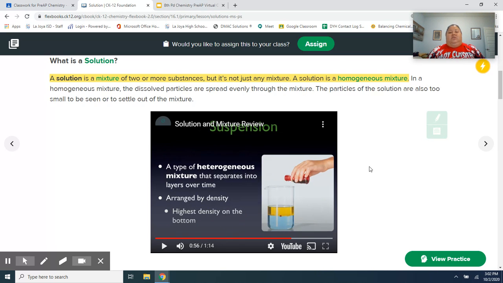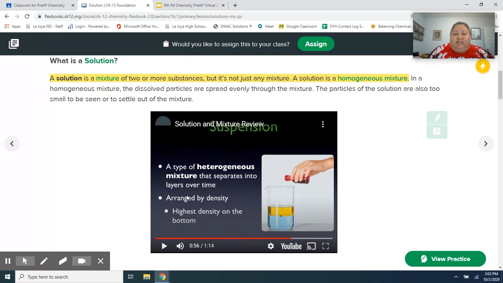So now we're going to go to a type of heterogeneous mixture, a suspension. When it comes to a suspension, you can usually see the different phases of the heterogeneous mixture. They'll usually separate into layers over time. The example here is probably oil with water. And then you can see that they're putting in some red food coloring, and that red food coloring is floating right in between both phases. If enough is added, it'll probably create a third phase in between these two.